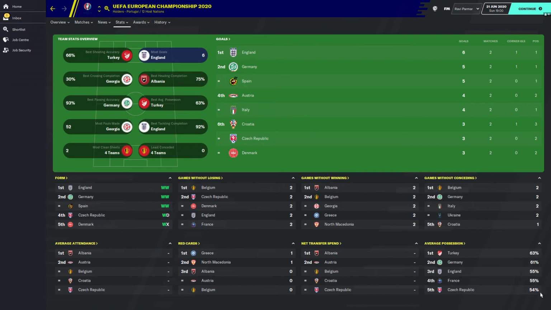Turkey with the highest average possession. Only 2 teams above 60%, Turkey and Germany. So, a lot of possession in those games, and it'll be interesting if they do come across each other on who would dominate possession. I can see it going to Germany, obviously,